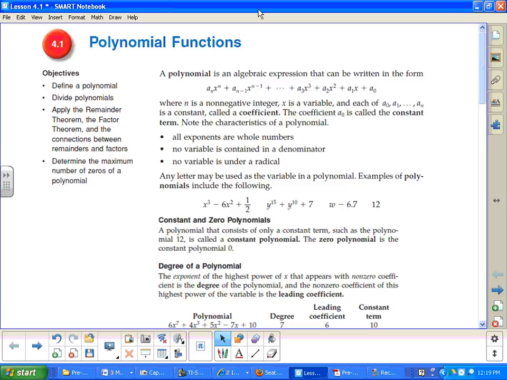It's an algebraic expression that can be written in this form here. Notice that all of the exponents are positive. None of them are ever negative. They could be 0, which would be the case when you have the constant like a sub 0. All the exponents are whole numbers. There's no variable in the denominator and no variable under a radical. So here we have an example of